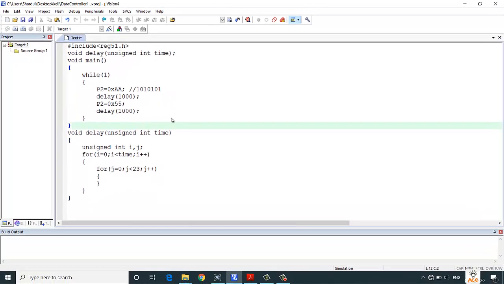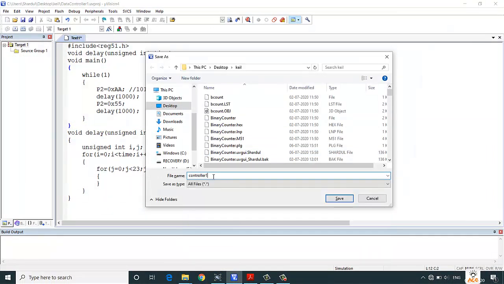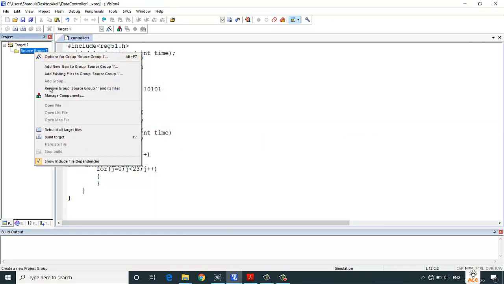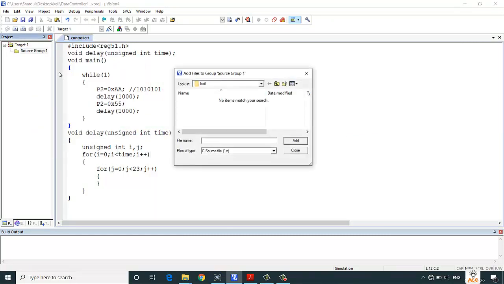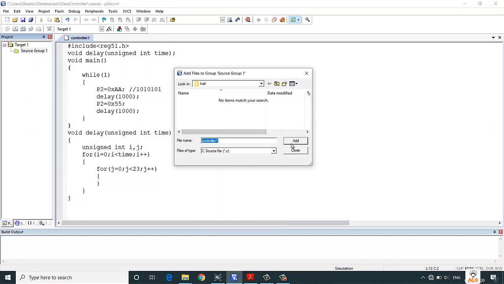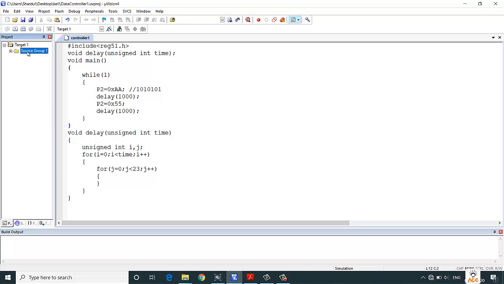Let us save this, give the name as controller1, save it, and we need to add the existing files to source group 1. The name was controller1. Make sure that the file type is C source file. Add, select the type again as C source file, OK, and close. Just check whether the file got added under the source group 1 folder.